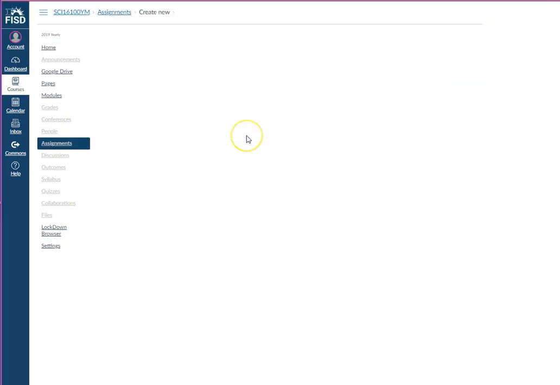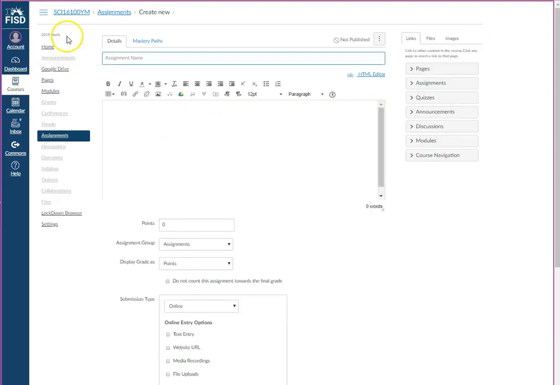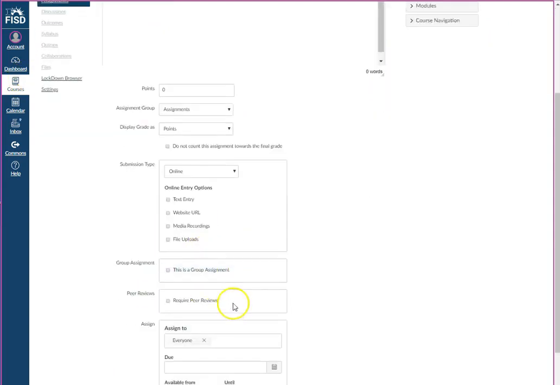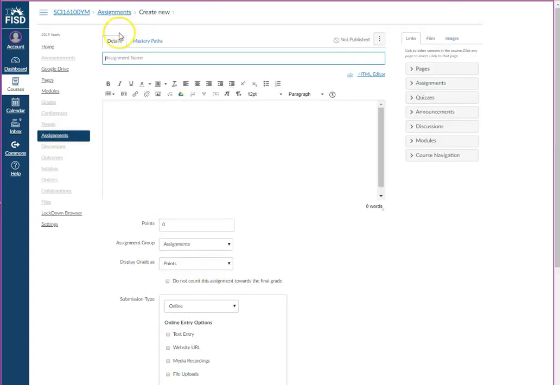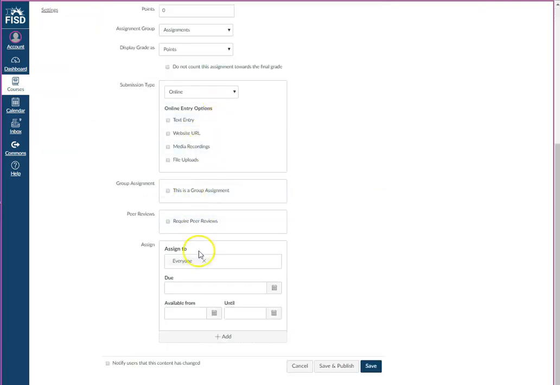So when you're doing this from the blueprint, you won't be able to assign to anyone specifically. You'll just be on this default of everyone, because in the blueprint there are no students, you have no one to assign it to. So if it were me, I would be creating my assignments in the shell so that I could just in one go here set up the assignment,